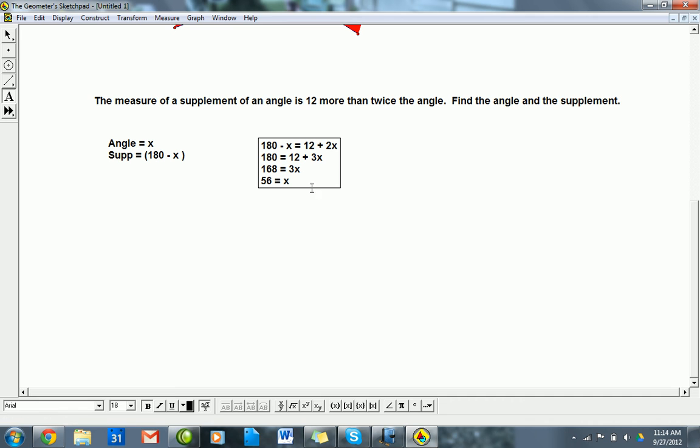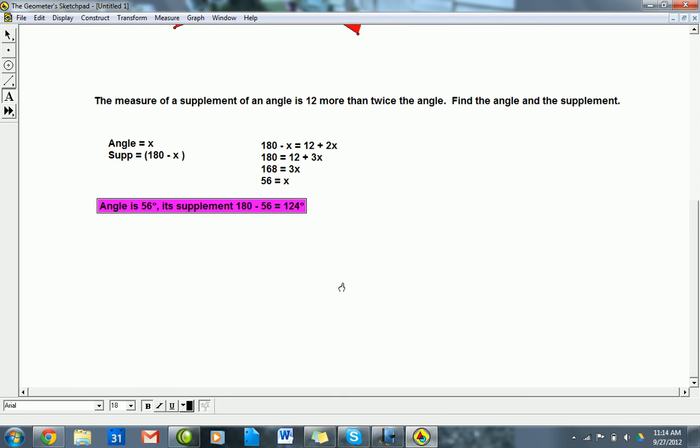Okay, so the angle therefore is going to be 56 degrees. That's x, and its supplement will be 180 minus that, which is, let's see, 124 degrees. Okay. Now another way to do that would be to set up a diagram, and for those of you who are visual,